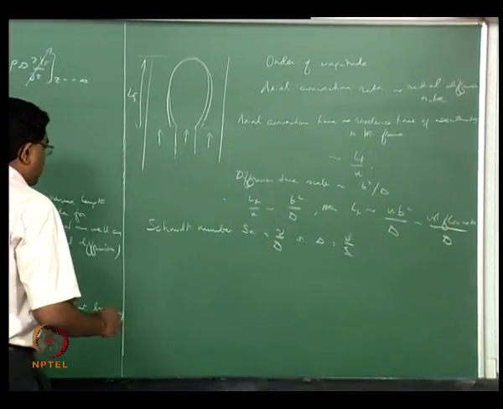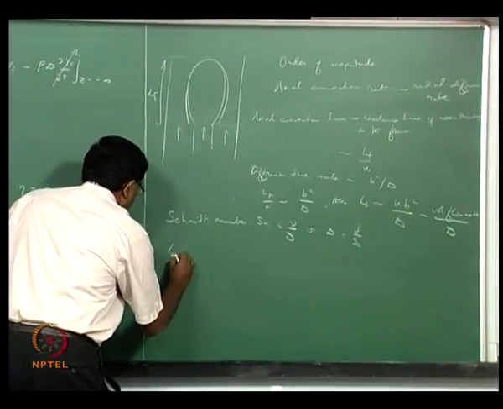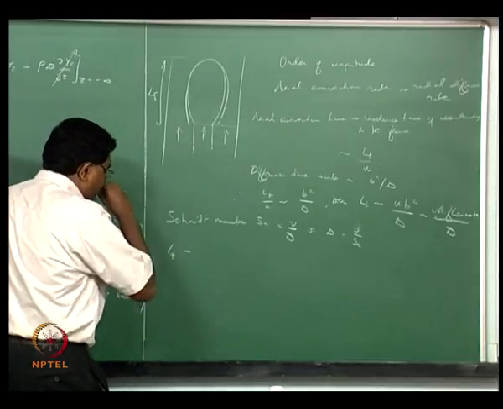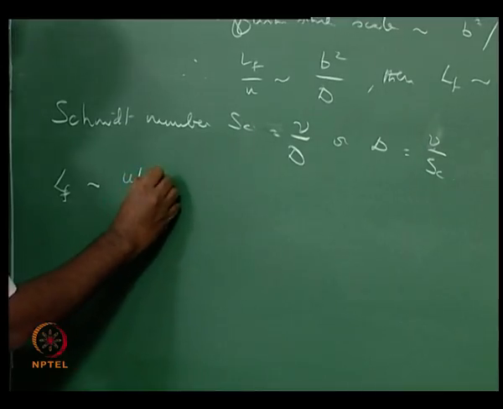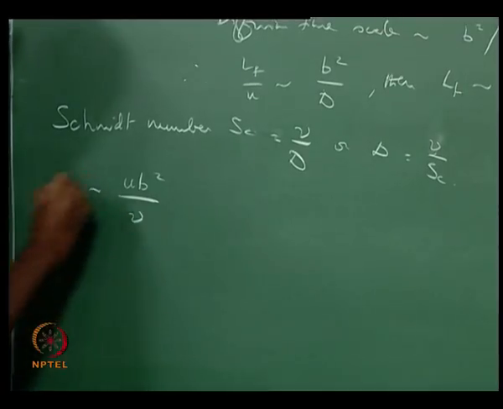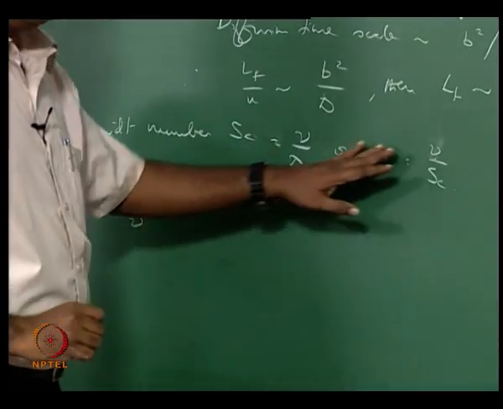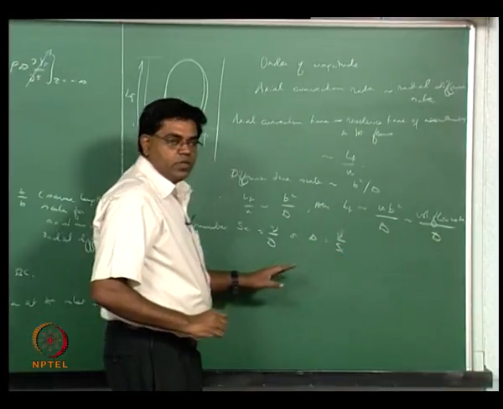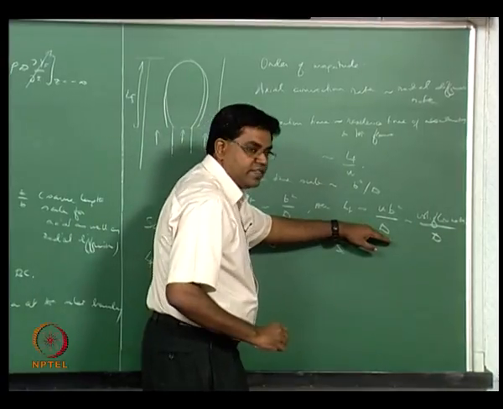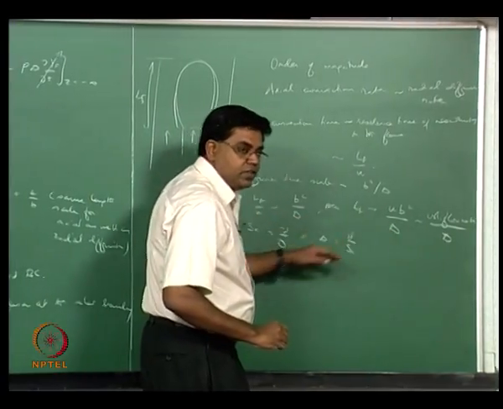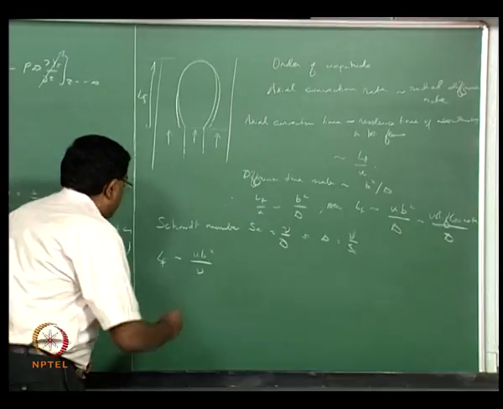Therefore LF goes as, let's say, ub squared divided by nu. If nu changes, D changes through the Schmidt number. Therefore, if you want to talk about D as a turbulent mass diffusivity, you can think about it in terms of turbulent